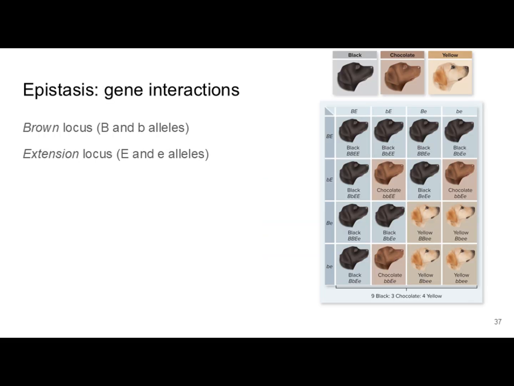Okay, and then our last one is this idea of epistasis, where different genes can interact. So we are actually going to have a dihybrid cross, but that's not going to give us the 9-to-3-to-3-to-1 ratio that we would expect. It's going to be more complicated than that because the effect of one gene affects how the other gene functions,